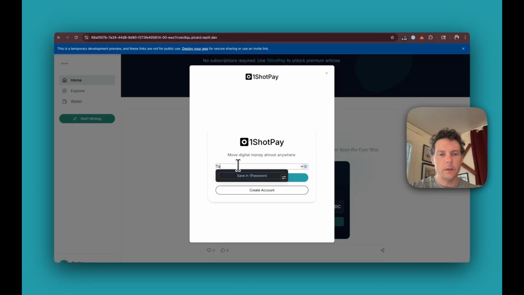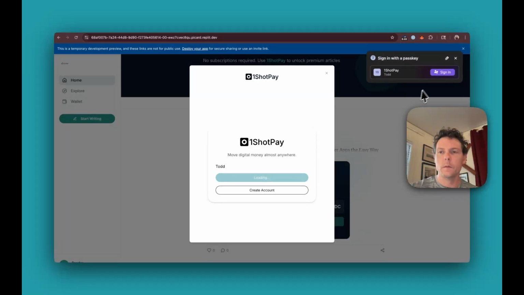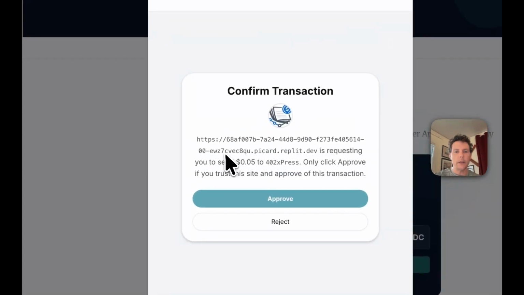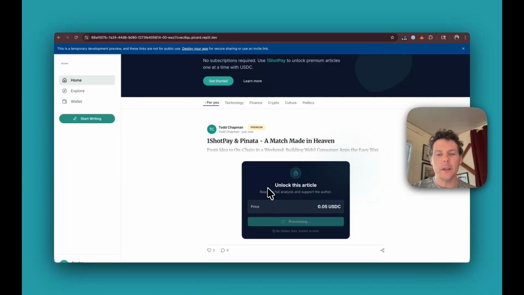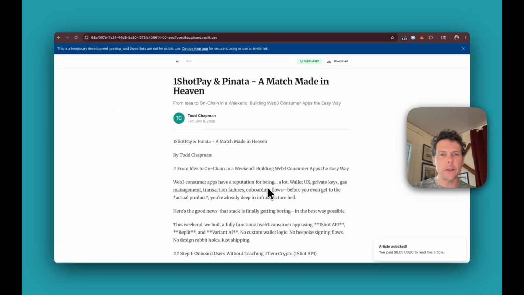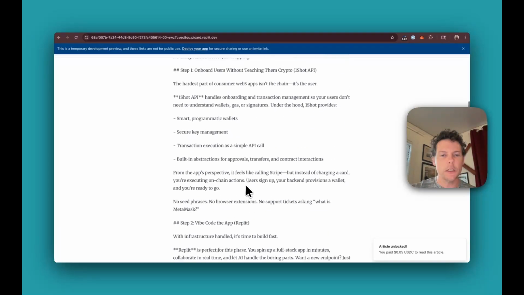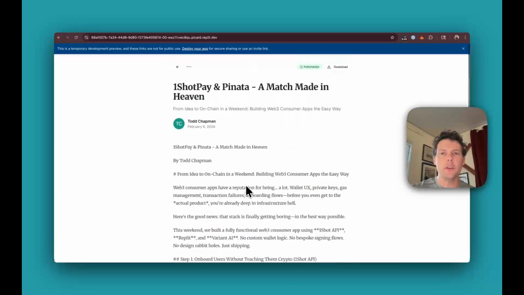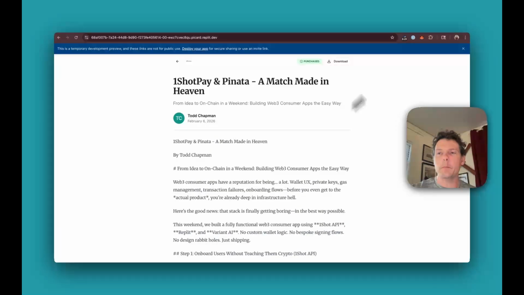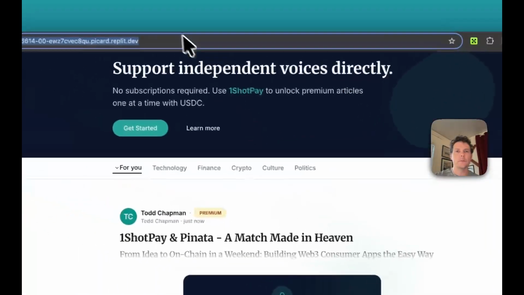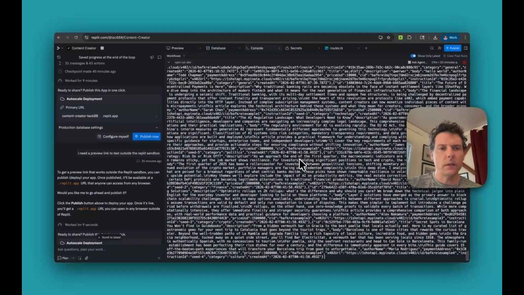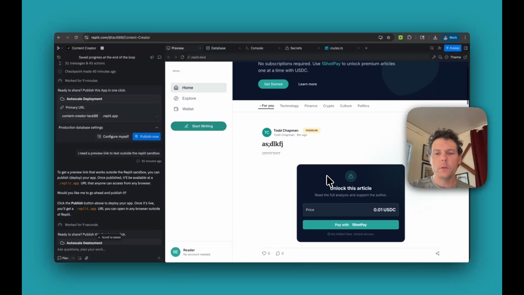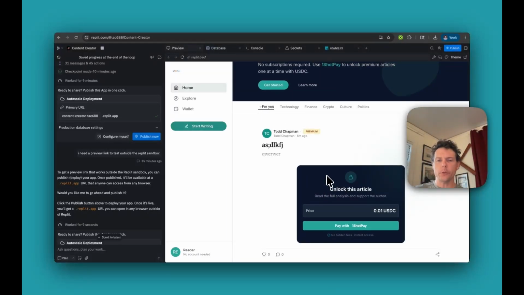And I'll sign in. And it's saying that 402 Express has asked me to pay 5 cents. There's the icon for my business account, and I'll hit approve, and it's processing the payment. And then there is my article that I paid 5 cents for. And then there is the content that I pinned to Pinata. And if I come back to my other Chrome profile, you can see that I have 5 more cents than I had earlier. So with that, that is a complete walkthrough on how to create a decentralized Substack